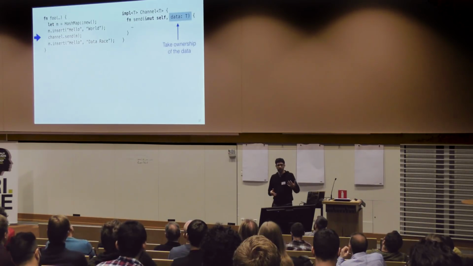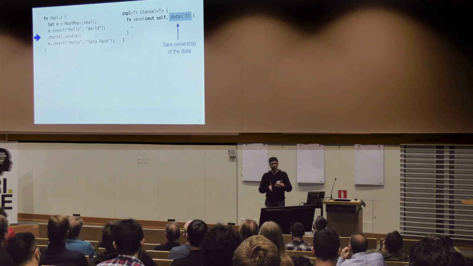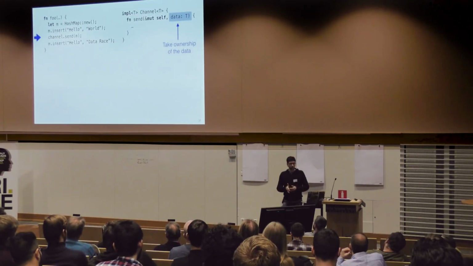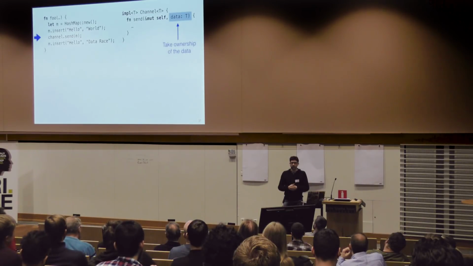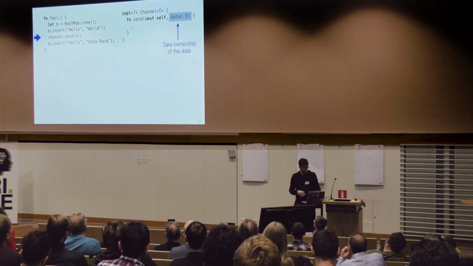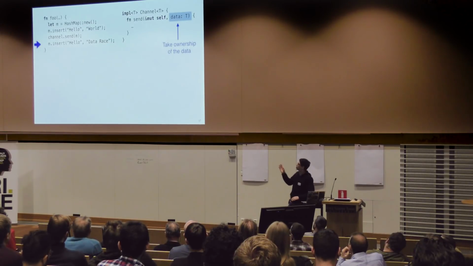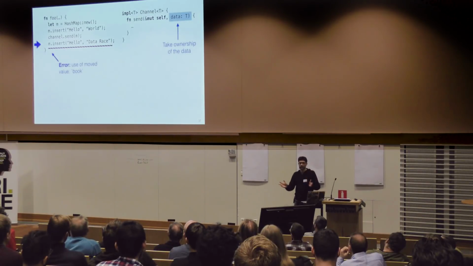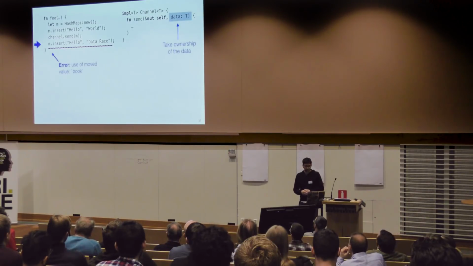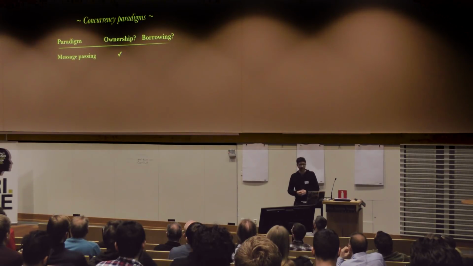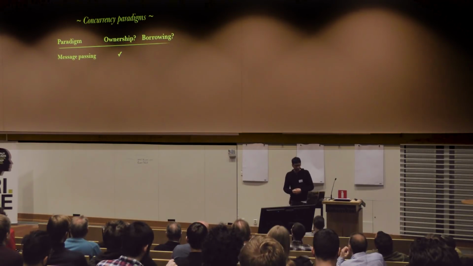Right? So when the function starts to execute, at the moment in which you've sent the data through the channel, or just about to send the data through the channel, you know that there are no other aliases to that data. And so then you don't have to worry about, for example, if the original function were to go and try to use that map again, it's not allowed to because it's been given away at this point. Right? So if you have ownership, message passing at least is very nicely expressed, right?